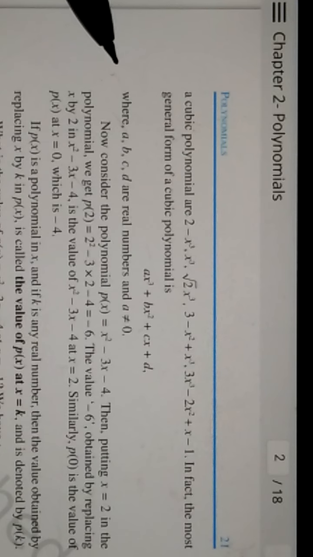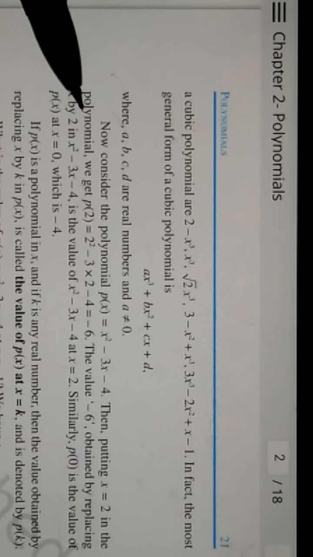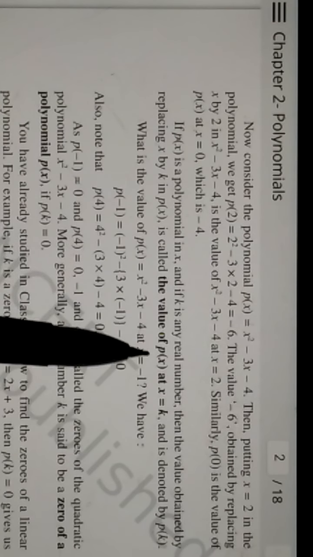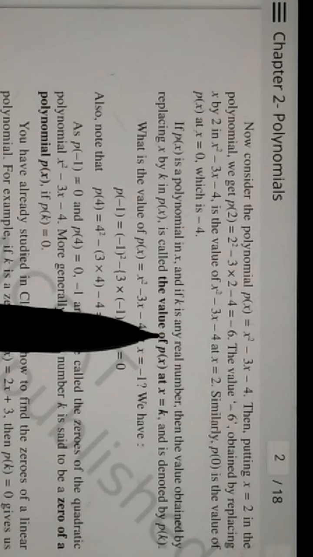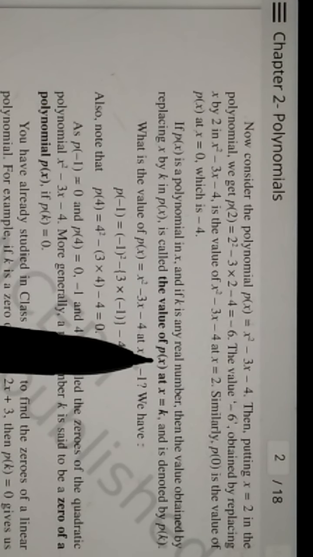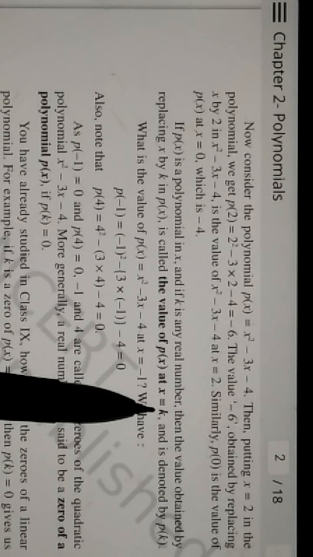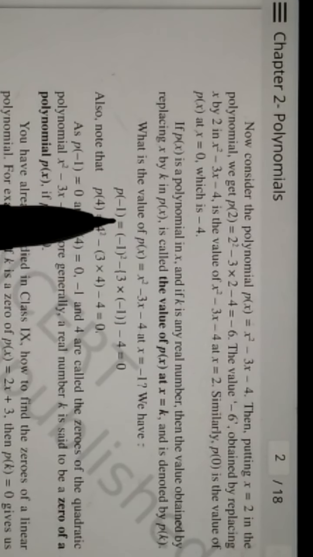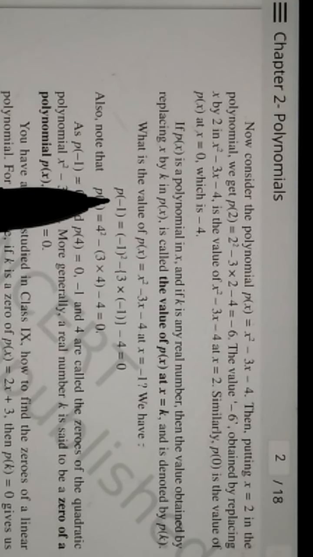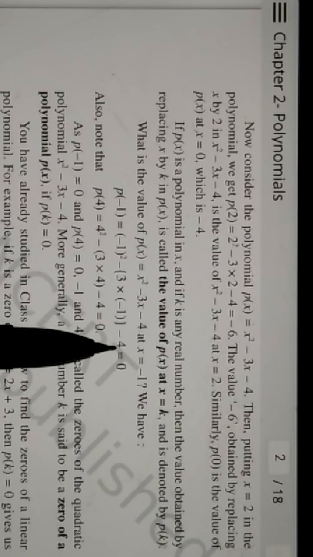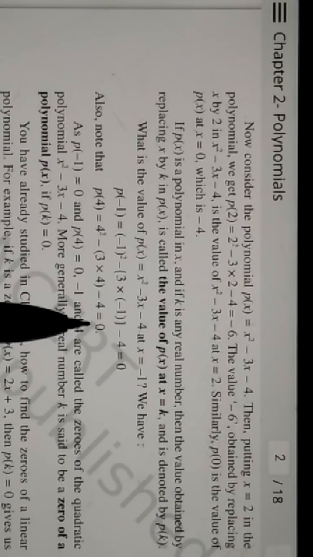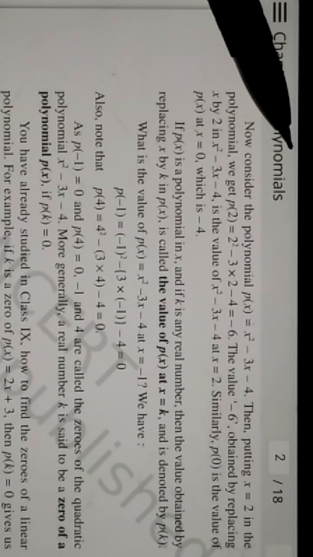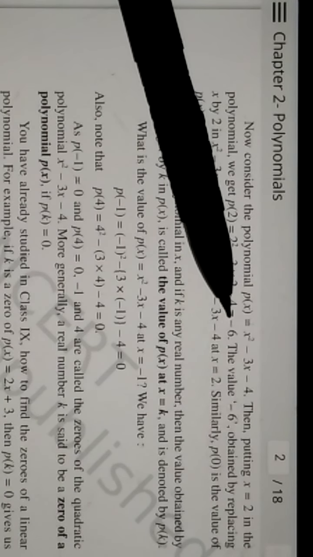Then the next thing they are talking about is the zero of a polynomial, or the value of a polynomial. Even this you have studied in 9th. The value of p(x), that's the way we denote a polynomial, remember. So p(x) is any polynomial, and the value of the polynomial at x equal to k: you simply replace your x by k and evaluate that. Like they've taken this polynomial, evaluating it at -1. So the value of the polynomial at -1 came out to be 0 in this case. Not necessarily, it can come out to be something else also. Like here, it is -6.